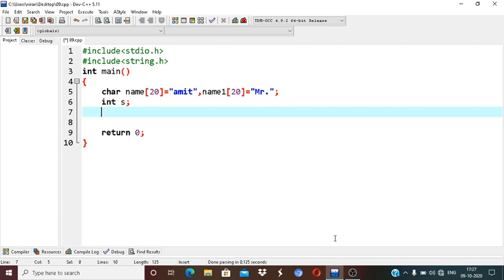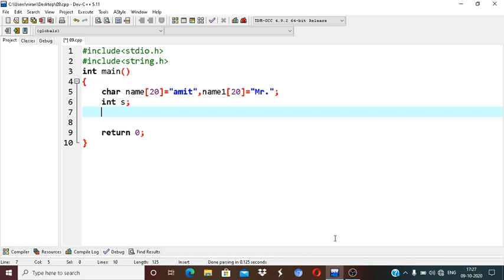It returns zero when the two strings are identical, the same. Otherwise it returns a numeric value, which is the difference in the ASCII values of the first mismatching character of the strings being compared. I repeat this again, please listen very carefully.